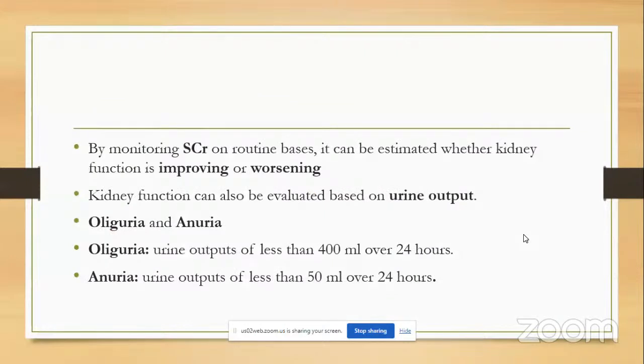The important thing is that by monitoring serum creatinine on routine basis, it can be estimated whether kidney function is improving or worsening. Kidney function is not only based on the serum creatinine but also on the urine output. If the serum creatinine is high but the patient is making good urine output, then the condition is most likely reversible, and